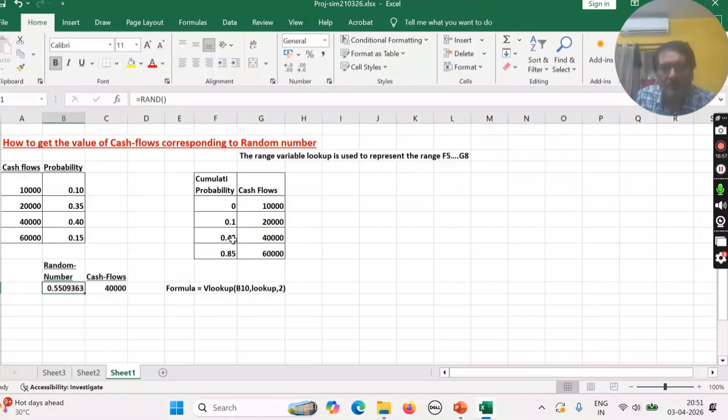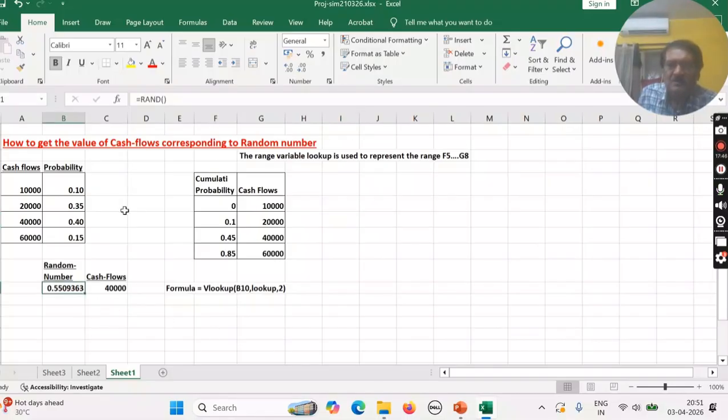And up to 45, as it is accumulation, if the cumulative probability is 0.45, then the demand will be 20,000 in this way. That means this is the accumulation number and this is the cash flow amount. In this way you have noted. And the variable I have used here is called lookup. You see, with this variable we have selected this range of data. I think it is clear.